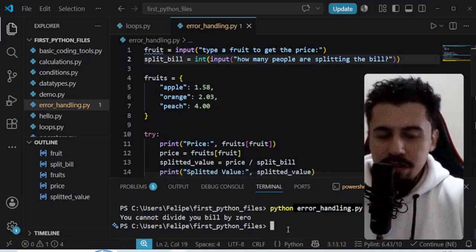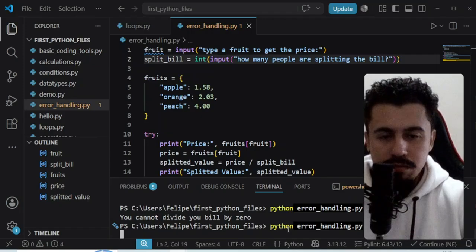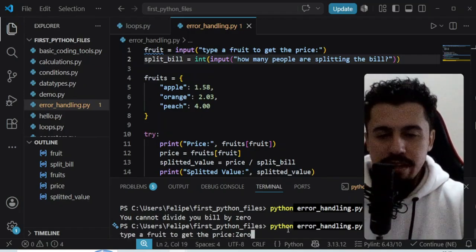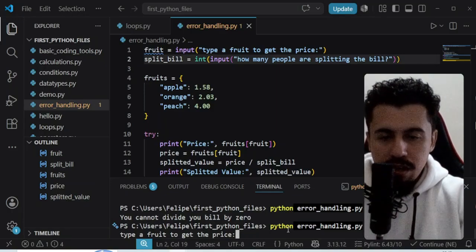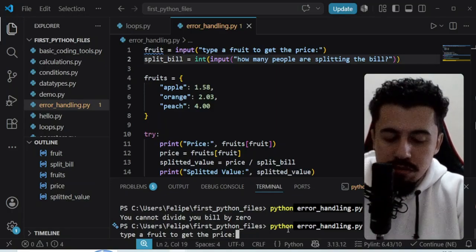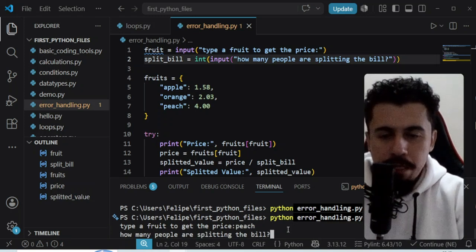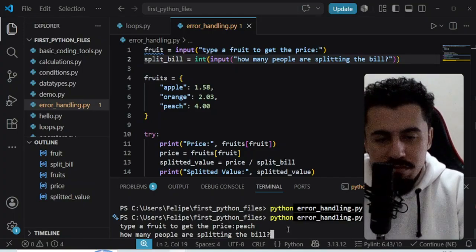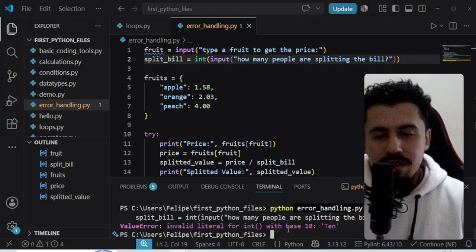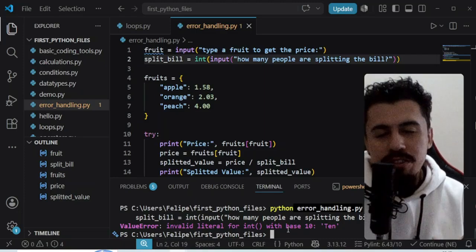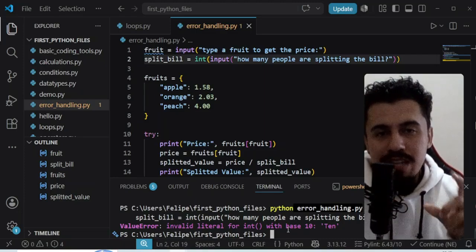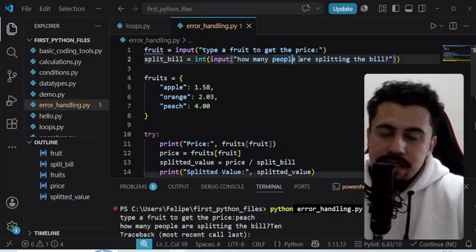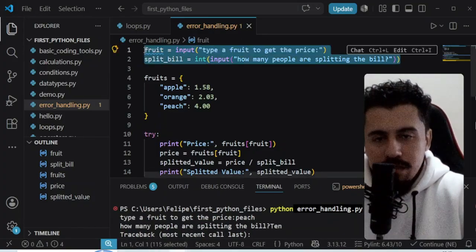But what if the user types a text like this? Type of fruit, peach. How many people are splitting the bill? 0 or 10. We have the value error not handled. So this indicates that